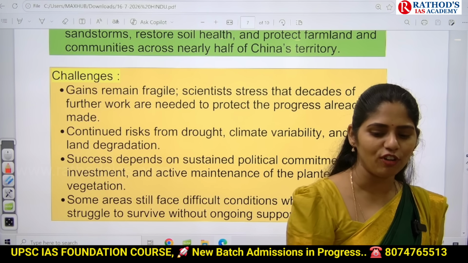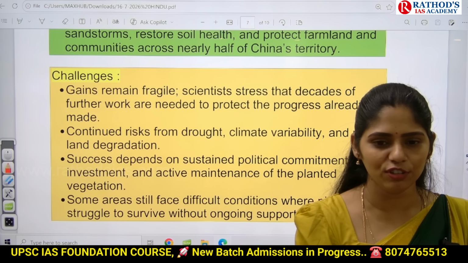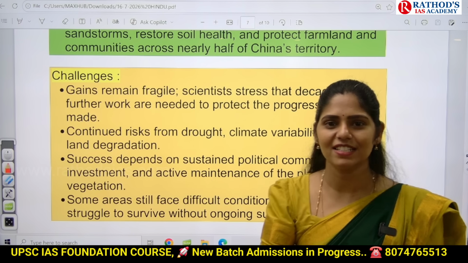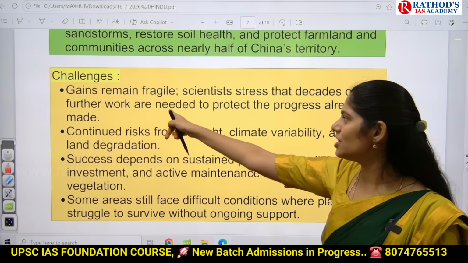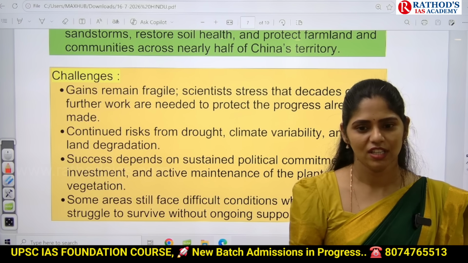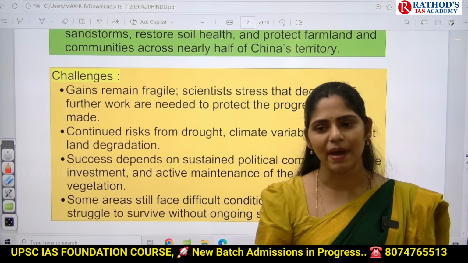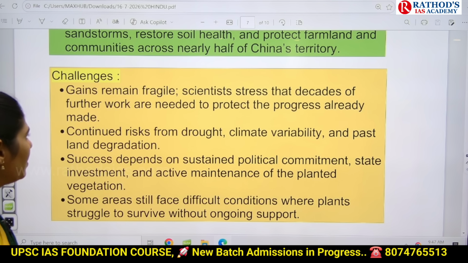If the seeds fall down and there is any rainfall, they will sprout and lead to the growth of new saplings. But that is in a desert region, so there is very little rainfall. Because of this, seeds or grains remain fragile. There is no sprouting of grains. They always have to go for manual sowing of seeds. That is one major problem.